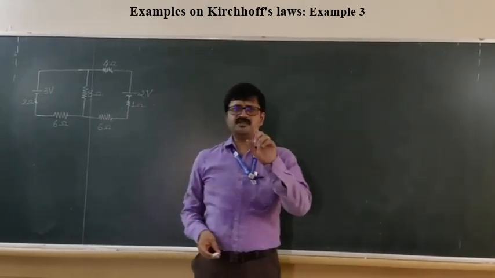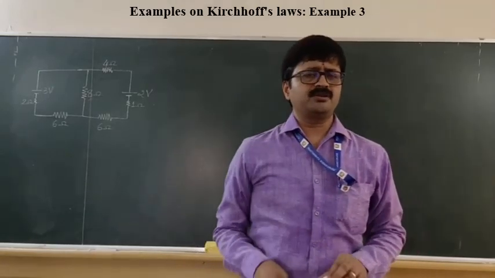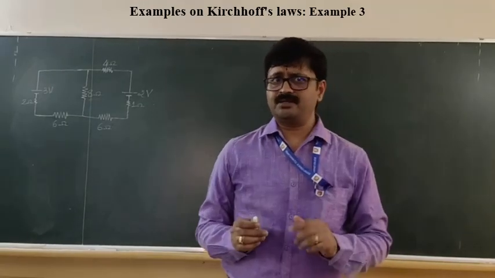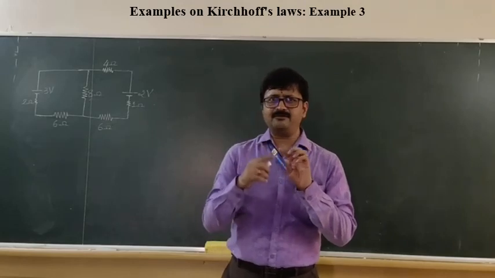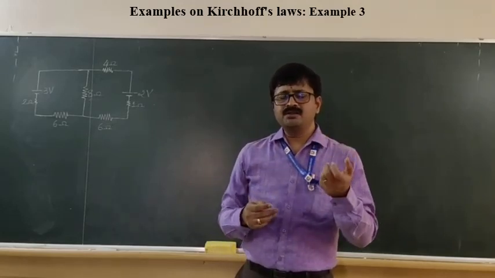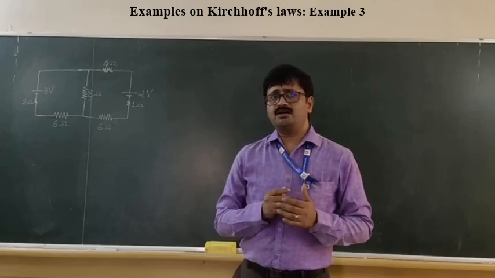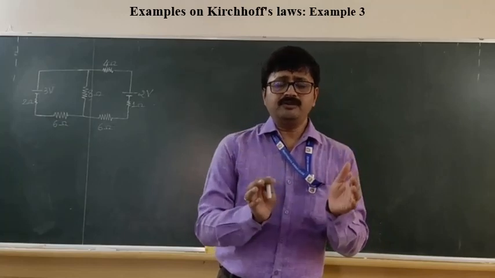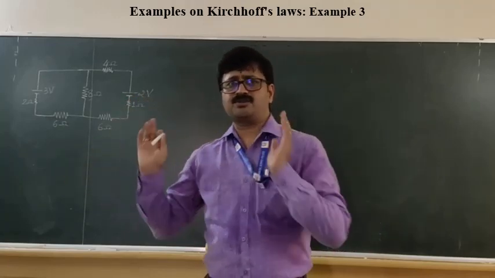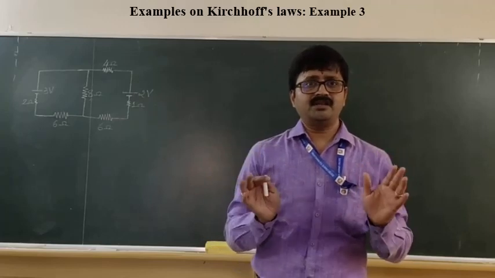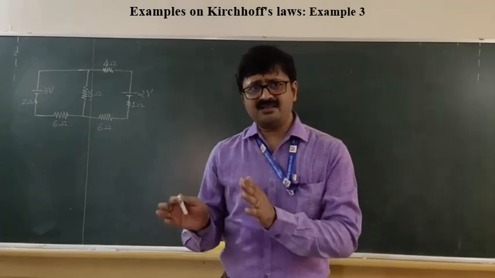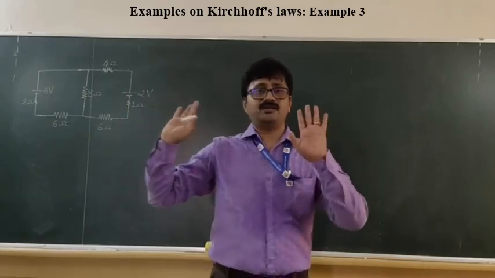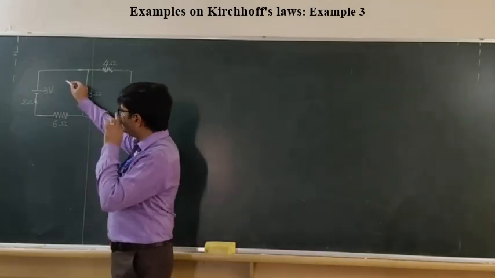Okay. Now, if you just notice in my previous two problems, the values of currents we got were negative. Remember, in order to avoid that negative problem, here for Kirchhoff's voltage law, that is Kirchhoff's second law, I'll take it as total EMF is equal to total potential difference. Total EMF in the loop is exactly equal to the total potential difference across the resistances present in the loop. So I will consider it like this. Fine. Now this is the situation given to us.